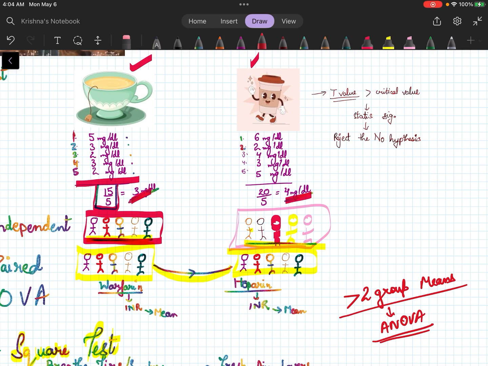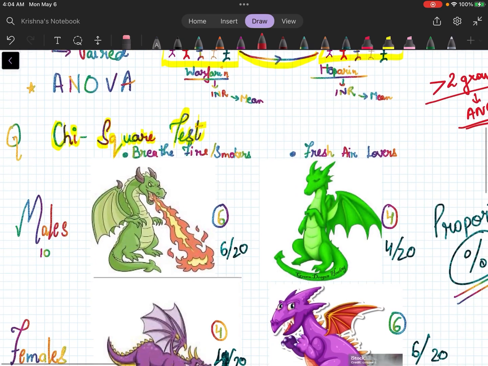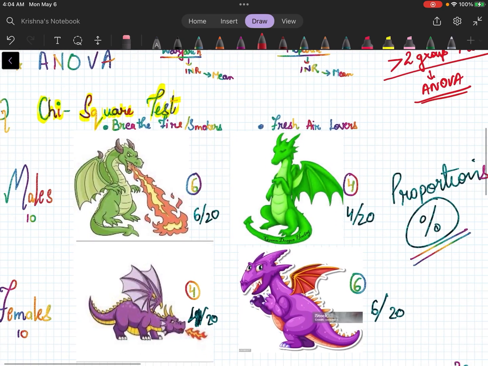We talked about independent and paired. And if you want to do more than two groups, then you use the ANOVA test. Now, the chi-square test: we'll be going over what would be an ideal situation where you would choose a chi-square test. So for the magic of chi-square test to work,